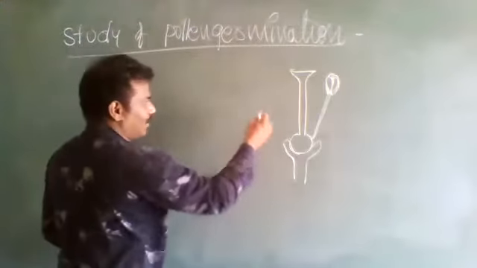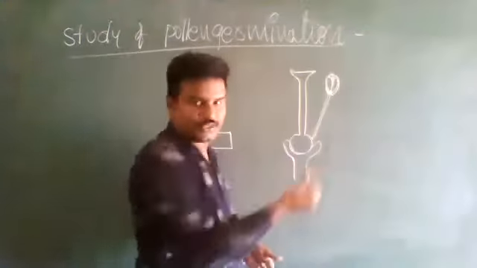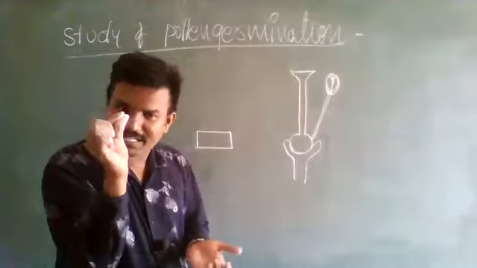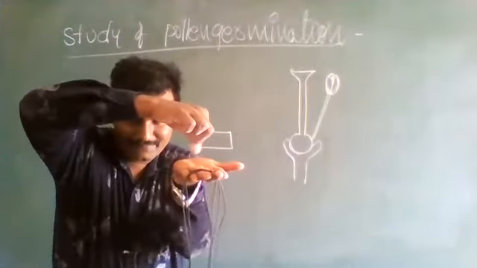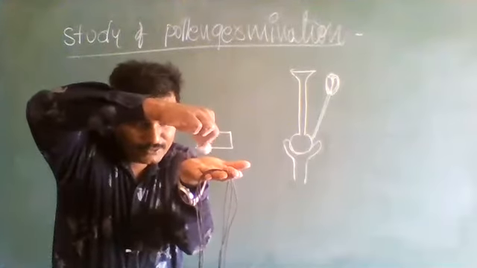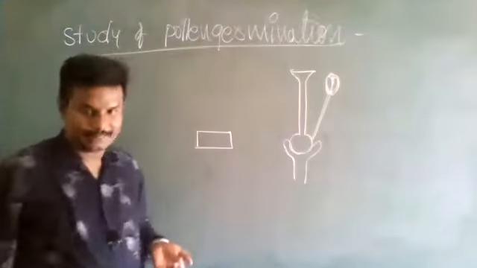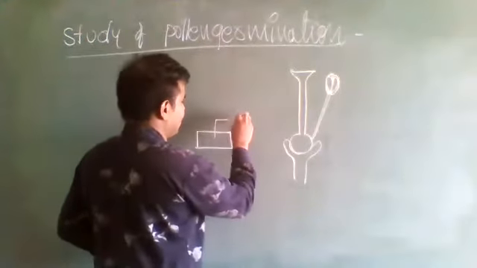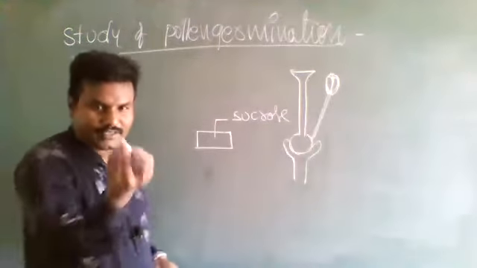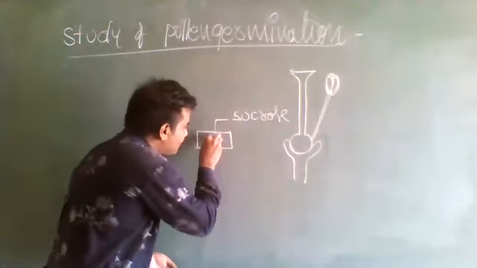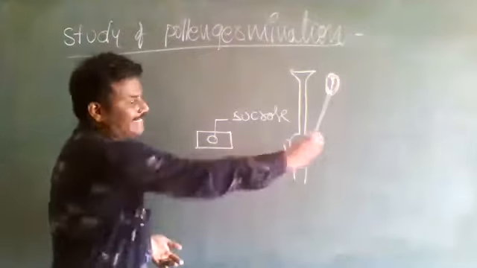Then, after doing this, take one slide. After doing it this way, some pollen grains are attached to these fingers. Then take the slide and dust it. If you press like this way, all the pollen grains will land on the slide. Use sucrose solution. Place a few drops of sucrose solution. Put a cover slip. Keep it aside for about